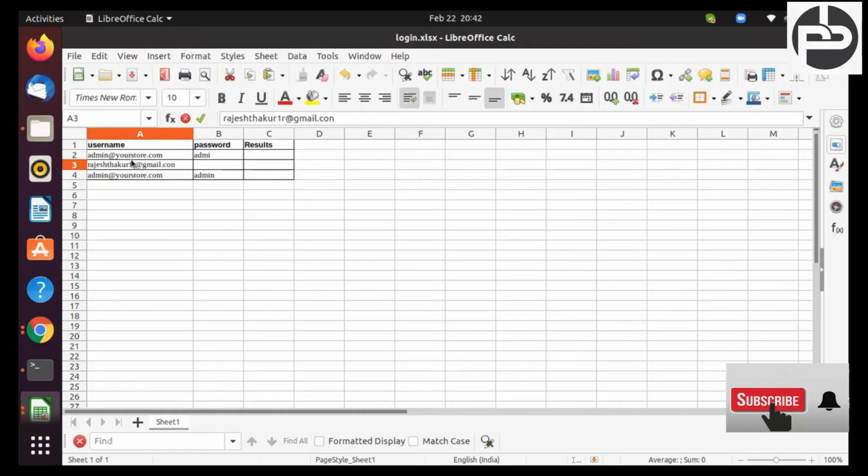Can you create this Excel sheet? It should have the extension XLSX. And admin. Okay, that is the incorrect username, and now this is the correct username and correct password. Now we pass this username and check whether it is accepted or not. Based on that, if it is accepted, we write pass here, otherwise we write fail. Similarly here also, if it accepts, it will write pass, otherwise fail. It will write automatically, don't worry.